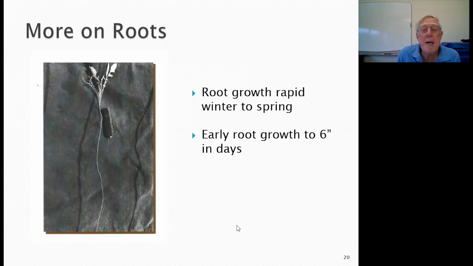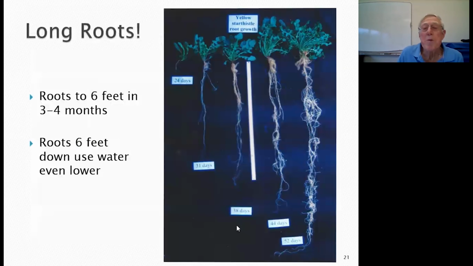It goes to 6 inches in days, and here it's down 20 inches in perhaps just a few weeks. Put another way, if you'd like, that's a yardstick there, 3 feet. So we can see here that in 24 days, I hope you can see this, the root is down at about 8 or 9 inches, something like that. In 31 days, however, it's down almost 3/4 of the length of that yardstick, and by I think it's 38